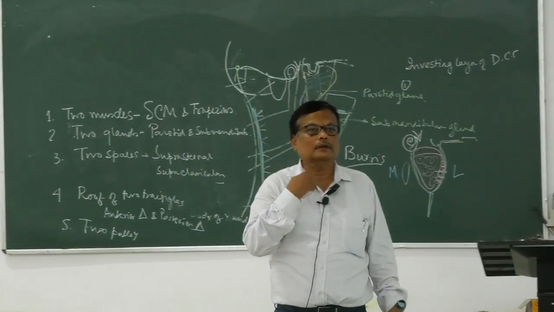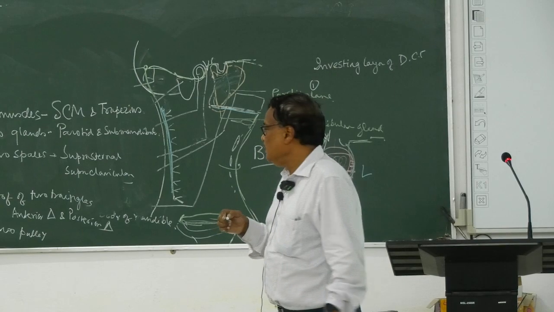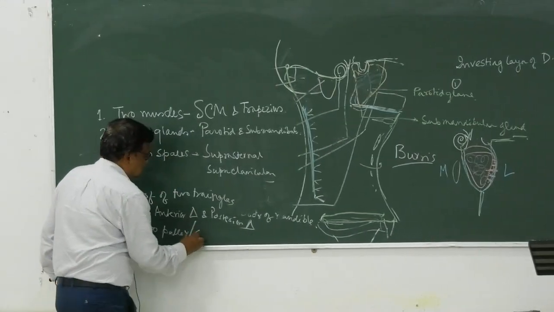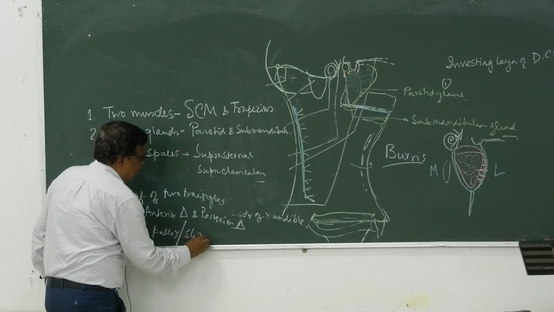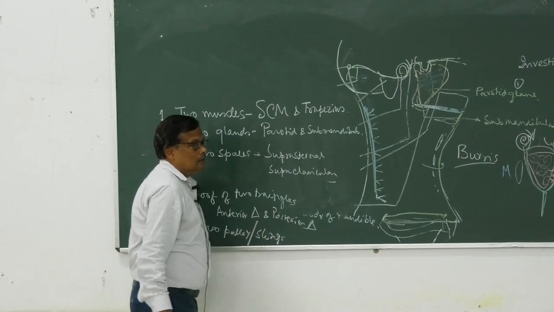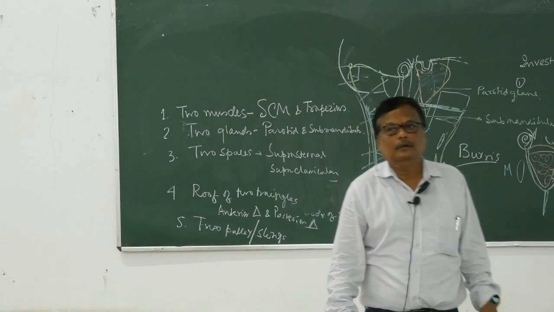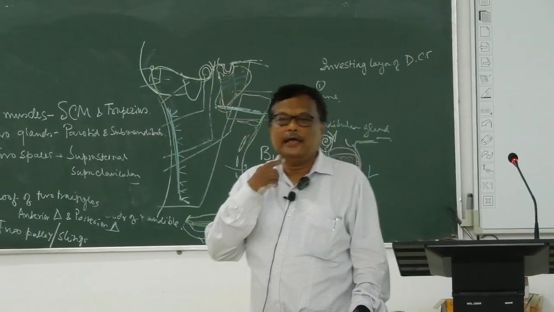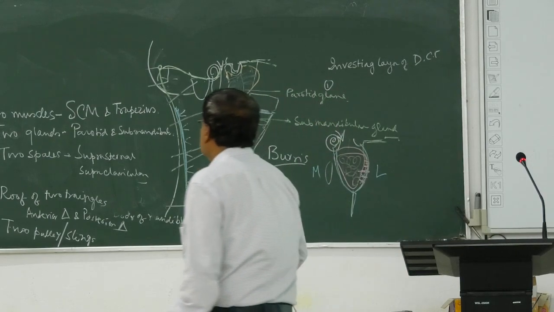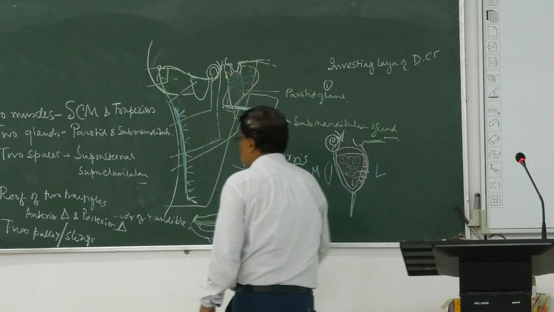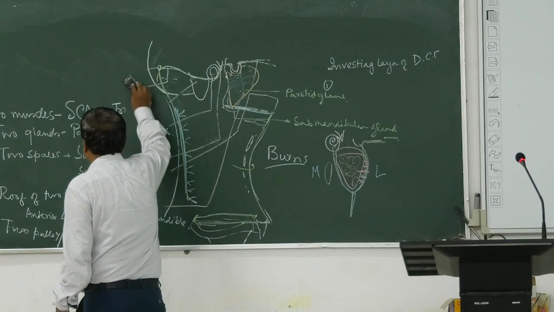Pulley of the sling, omohyoid and digastric muscle. তাহলে একটা একটা করে একটু বলি।